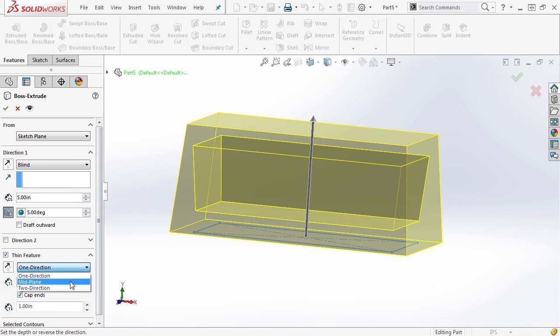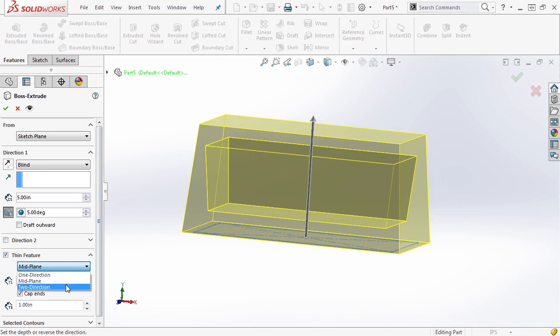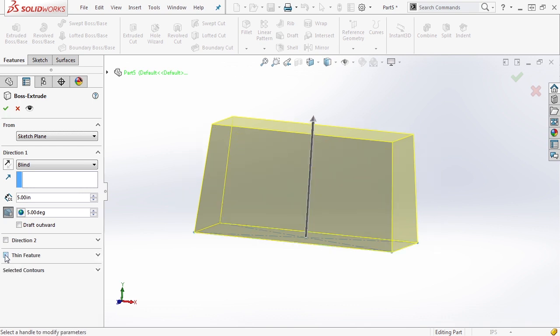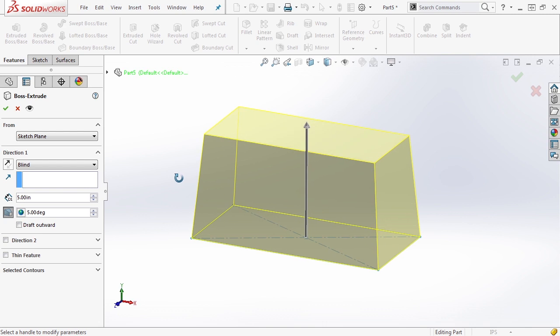There are other options in here to do inward, outward, or 2 directions. But in general, the thin feature is not very useful for things like drafted parts because you don't have control over which direction the draft on the inside is going. And once you OK this operation, thin feature is now locked, and in order to get rid of it, you would have to delete the feature. So let's go ahead and turn off thin feature, and we're going to move forward with our extruded part drafting